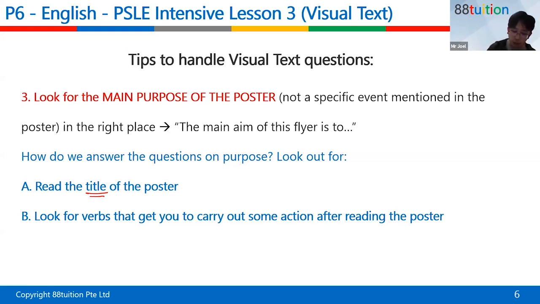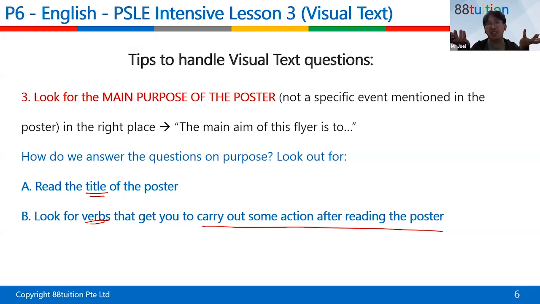And then look for some verbs that get you to carry out some action after reading the poster. So if the poster is telling you to sign up now, attractive prizes to be won, why are you waiting? Don't wait anymore. Come on down, that kind of thing. Obviously, the poster is trying to persuade you to come for the event, isn't it? So these are verbs of persuasion. So if you can look for verbs of persuasion,